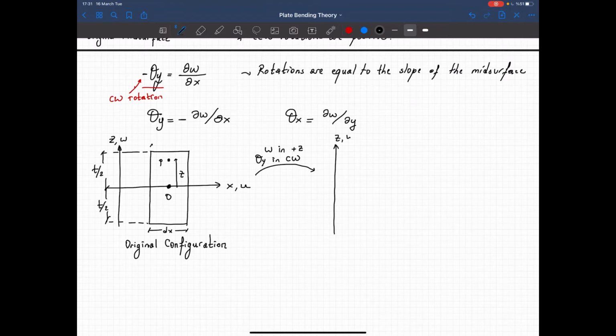This is Z and W. This is X and U. So we see a translation. So point O was here. So let's say that it moved to this point. This is O prime. Point P was somewhere here. And let's say that it moved to this point, P prime. And let me draw this later on because